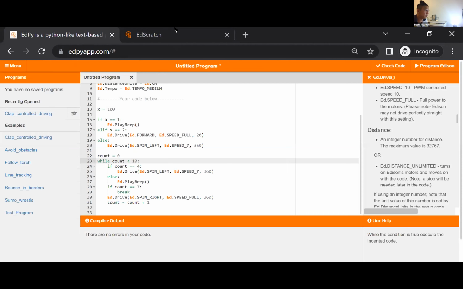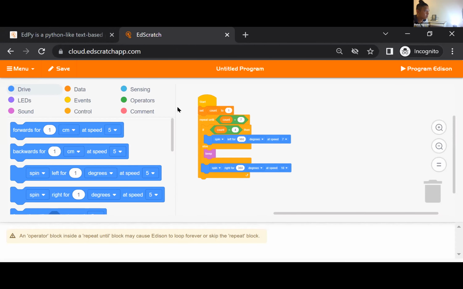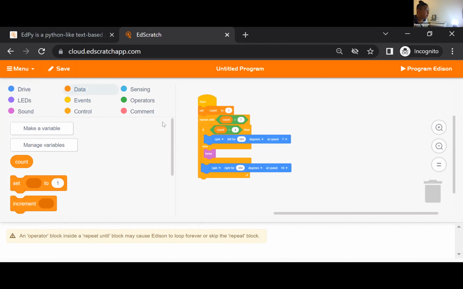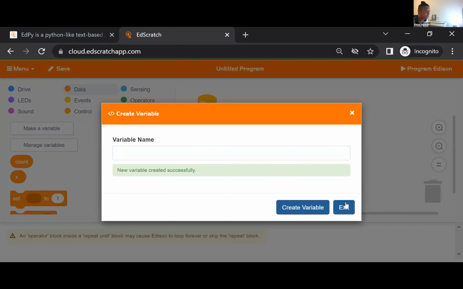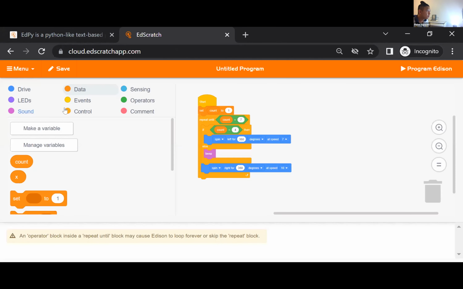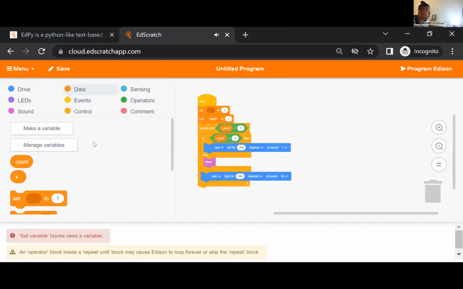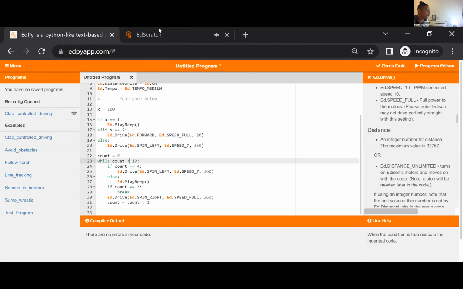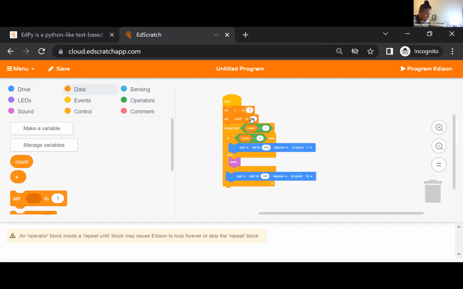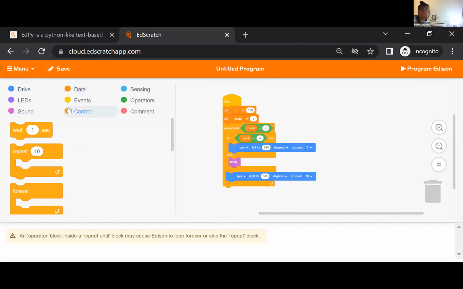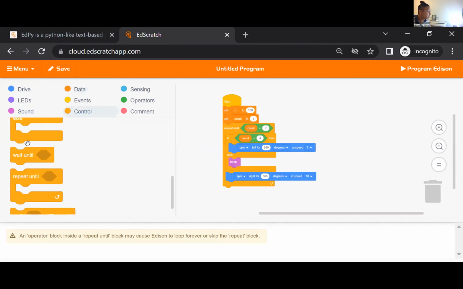This is the code that we did before here. Okay, I'll create a new variable here. I'll just call this x. We will set x to 100. Okay. And then what we'll do is if